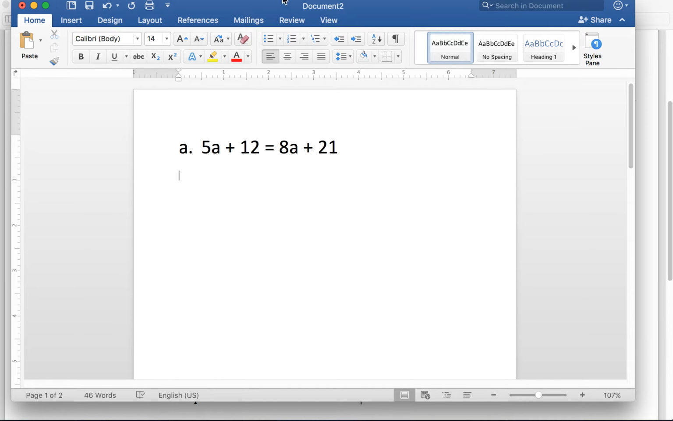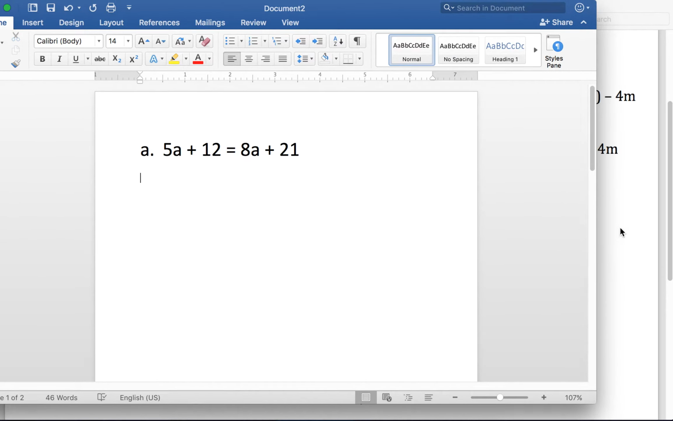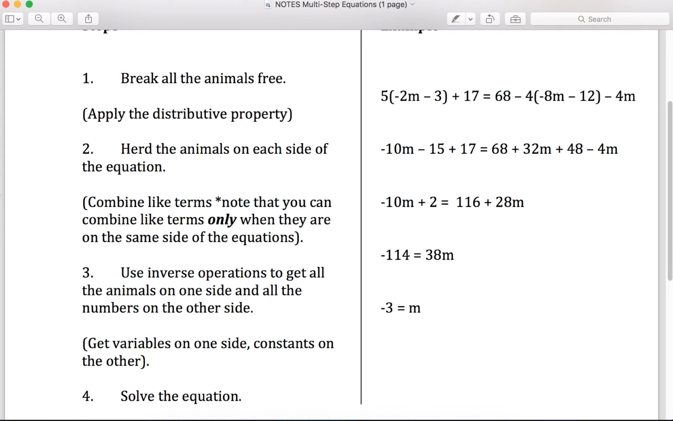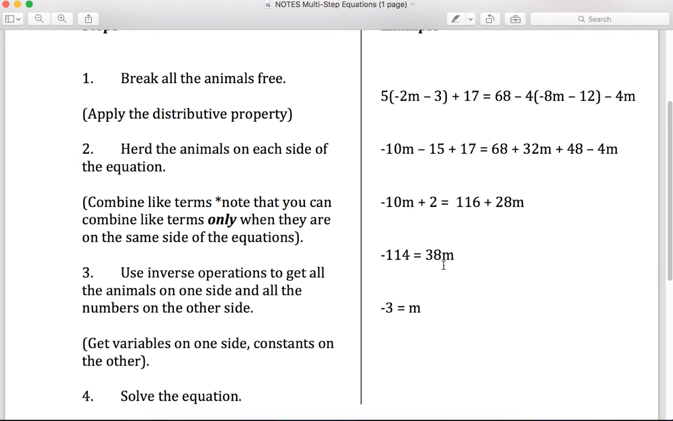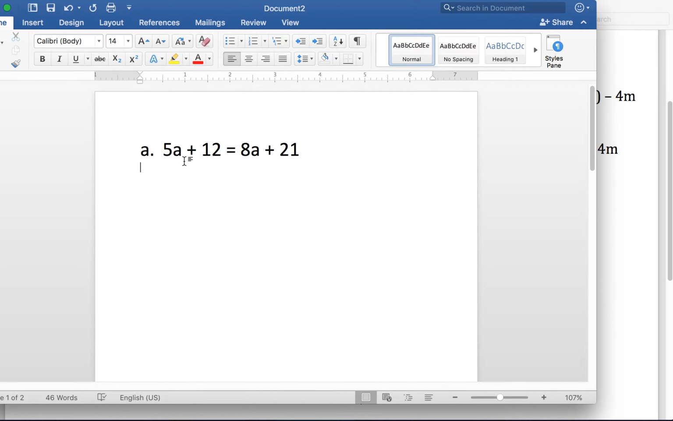Right here, no cages. We can skip step 1. Step 2, combine like terms. Look at each side of the equation. Is there anything that can be simplified here? No. How about here? No. So we're going to go straight to step 3. Use inverse operations to get all the animals on one side. And for this problem,